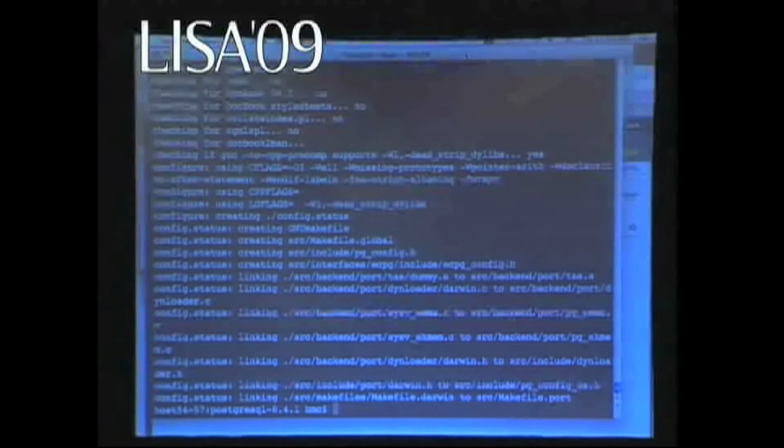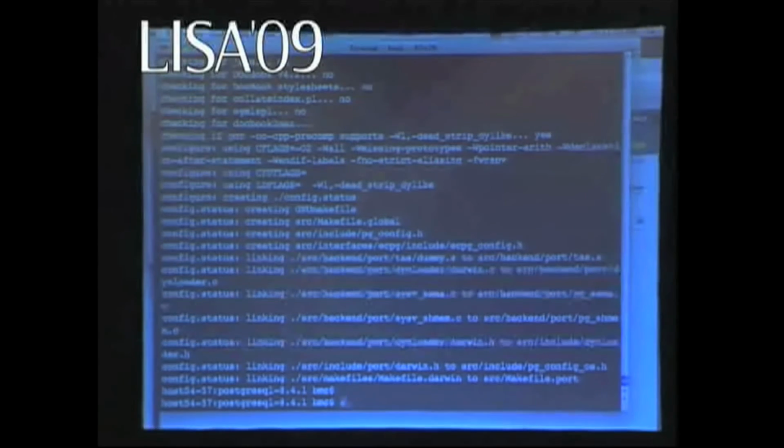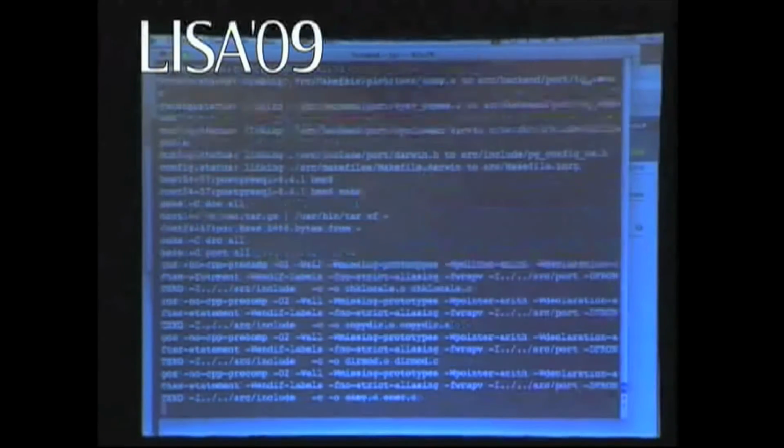OK, that's done. And now things get really exciting. Will you make? Who knows? Well, you'll do something. You're doing work anyway. Oh, yeah, I need to catch up. Yeah, I paused it. Thank you. OK, so there we go. It's off, chugging, doing work.